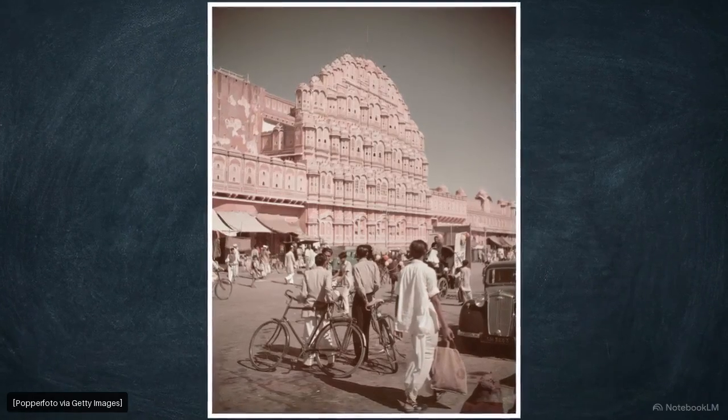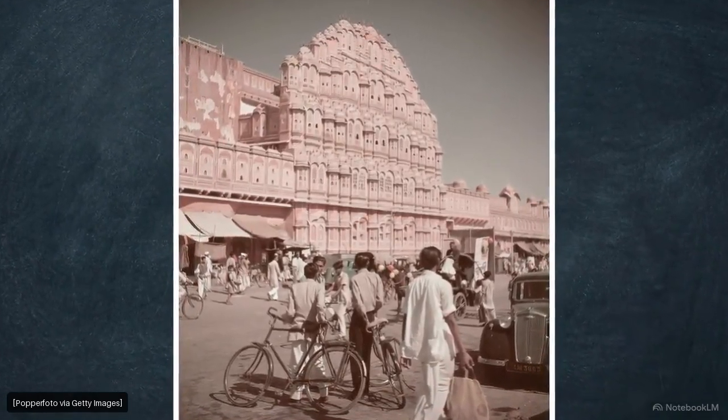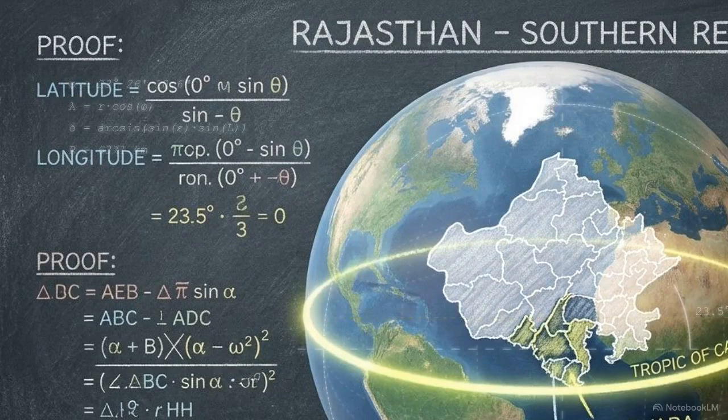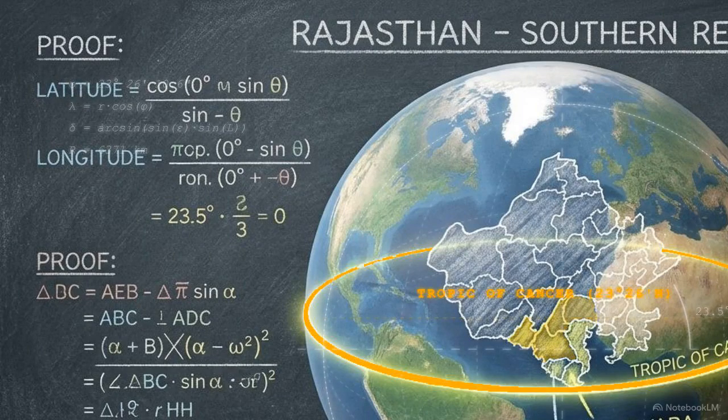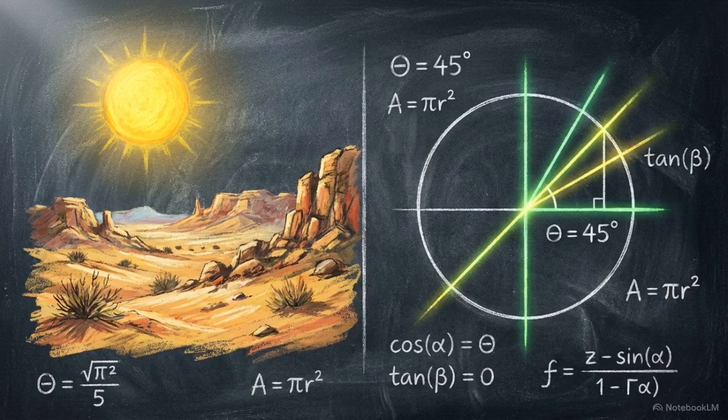We perform a final microscopic spatial zoom into Rajasthan, home to architectural landmarks like the Hawa Mahal. Looking at the state borders, the vector barely grazes the southern tip, passing through exactly 2 districts, Banswara and Dungarpur. These global geographic constants dictate local realities. The climate, sunlight, and precise position of these 2 districts are anchored by the exact same mathematics that define the